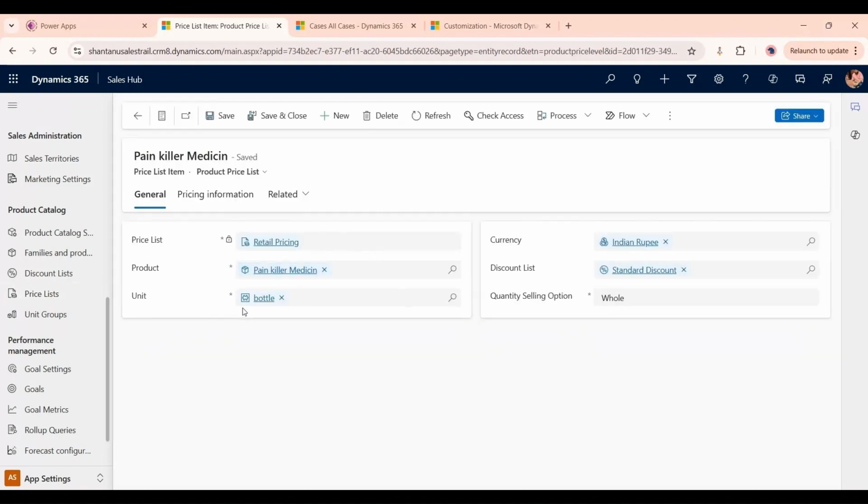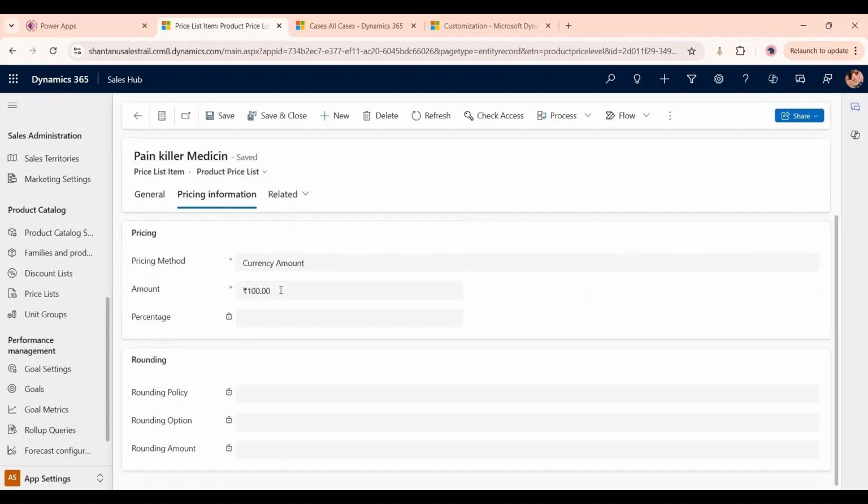Product is painkiller medicine, unit is bottle, currency we could select here, and discount list I will define in the meanwhile. Quantity we could select as a whole or a fractional if your product could be sold in fractional portions also. Then we click on pricing information, and here we can decide what is the amount of this